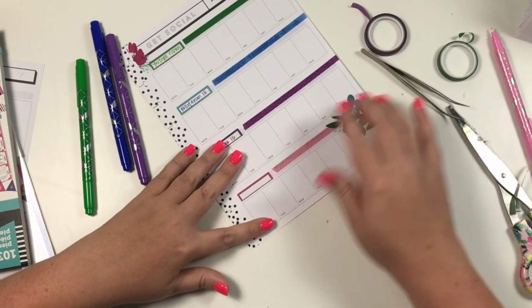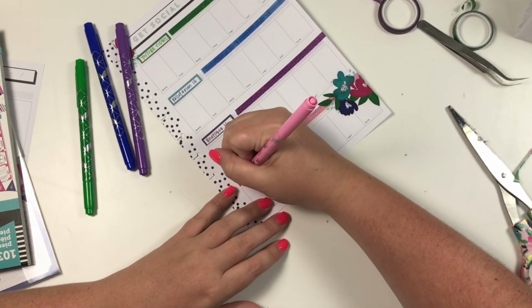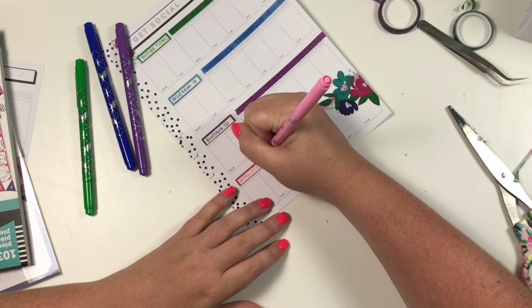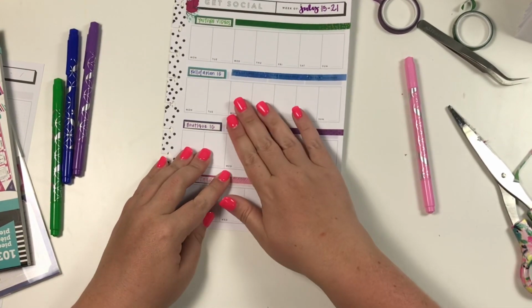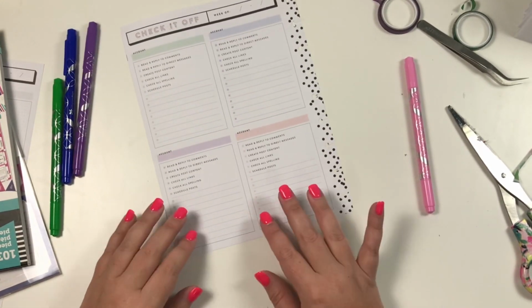Okay. Pink, I'm going to put work/other, just because I have other things going on, like with collabs and stuff like that. And I need a place to write that. Okay, and then the back,